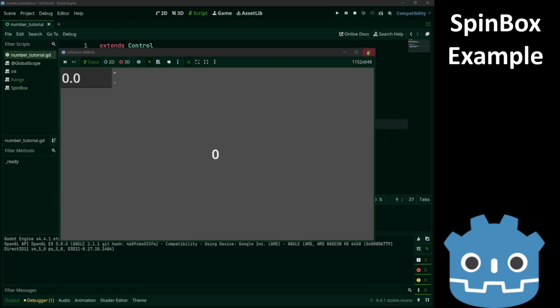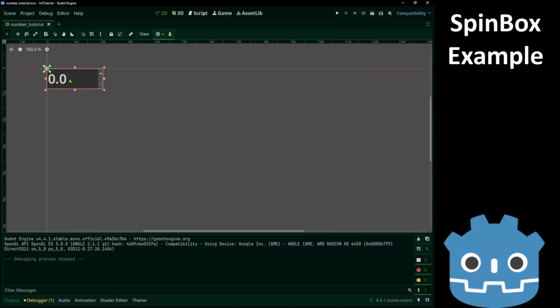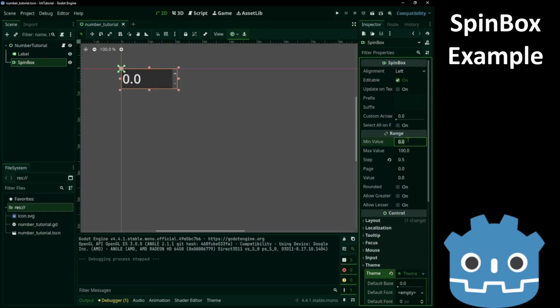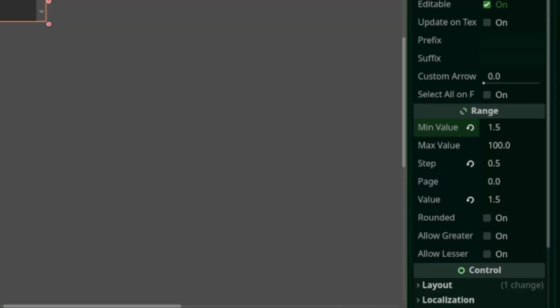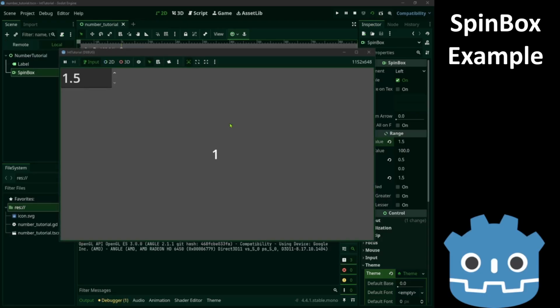Let's change the value. In the edit I noticed I changed the minimum value, but that's not really a problem. The value changed as well. So back to the video. Our label says 1, but the spinbox says 1.5.